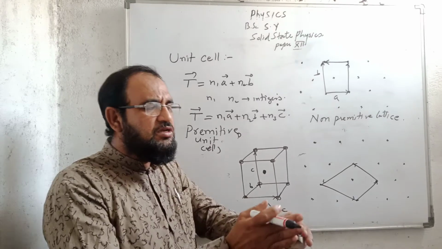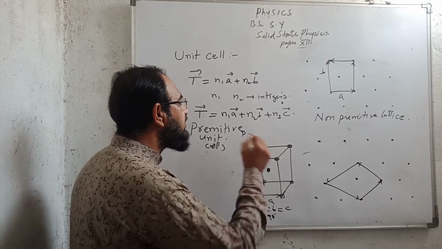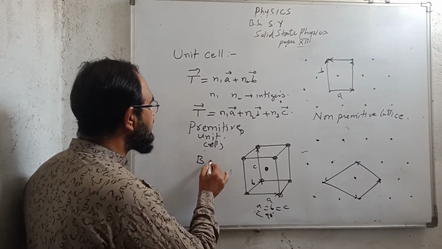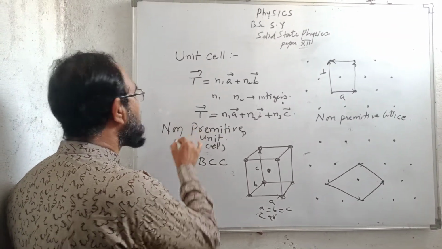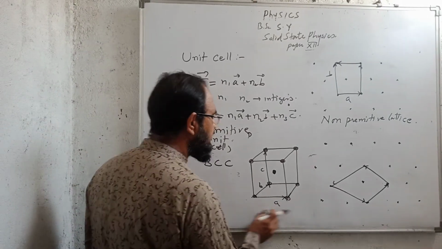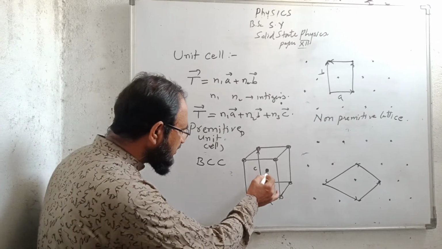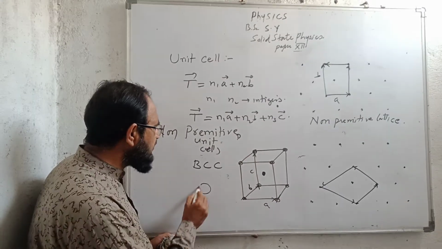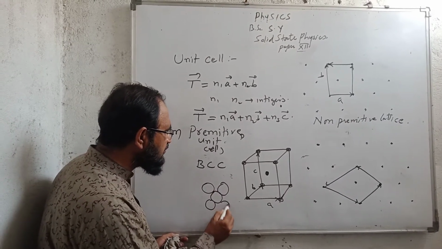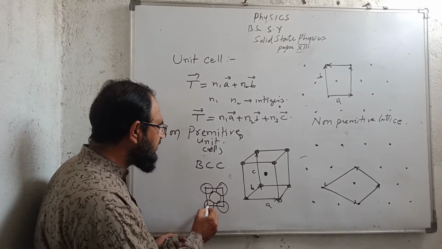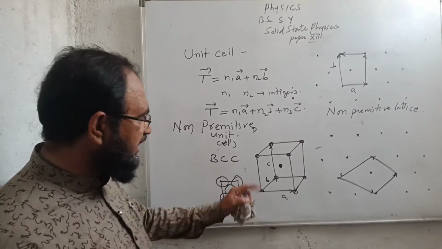Means I am having this cube. So if I drop a molecule exactly at the center of the cube from here, then it is called the body centered cubic lattice, BCC, and this is non-primitive. It is called a non-primitive cubic lattice. Now there may be a face centered cubic lattice. If I draw the diagram of the face of this lattice, then it will be of this type. Here there will be 4 molecules situated at the face, and this molecule is at the center. So it is of the type of body centered cubic lattice.